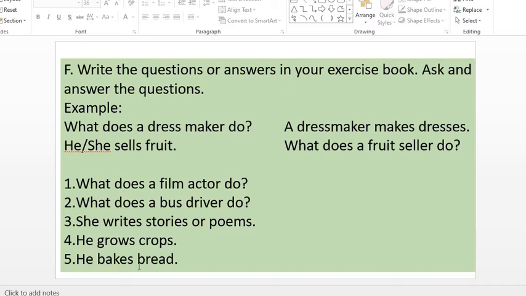Then it turns into a noun, that means an occupation. He who bakes is a baker. What does a baker do? A baker bakes bread. Okay. Now next